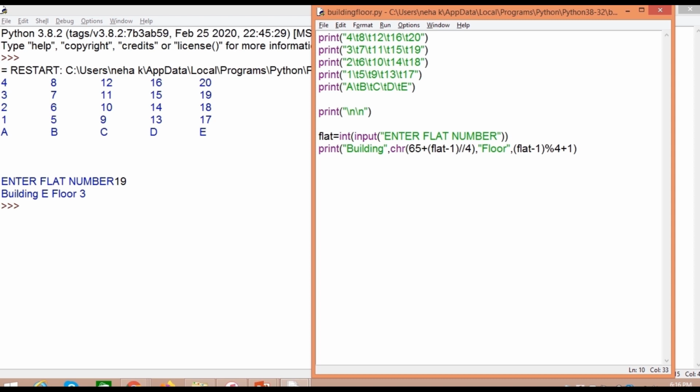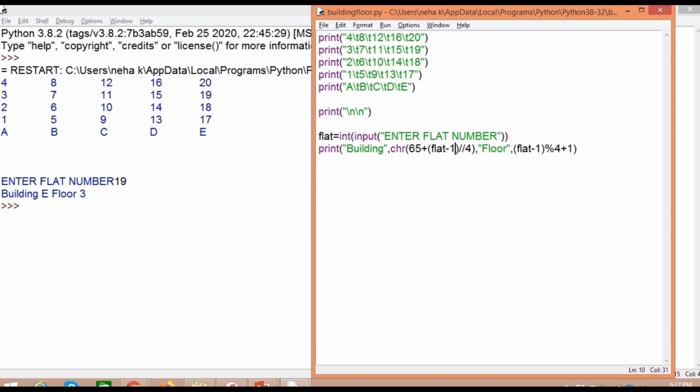So keeping this in mind, that means the number of flats in each building, I divide the flat number by 4. But in this case, a problem will arise if I try to divide 4 by 4, that means flat number 4 by 4, I'll get the integer part of the quotient as 1, which will give me a wrong answer. So for this, I have subtracted 1 from the flat number.